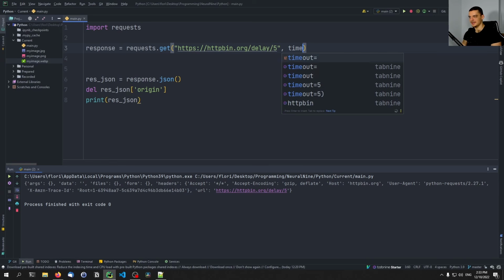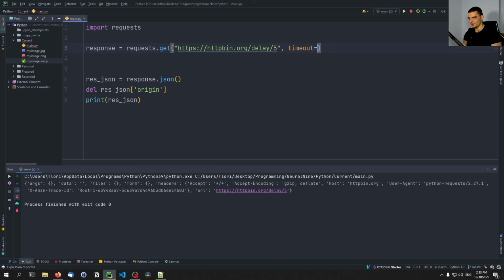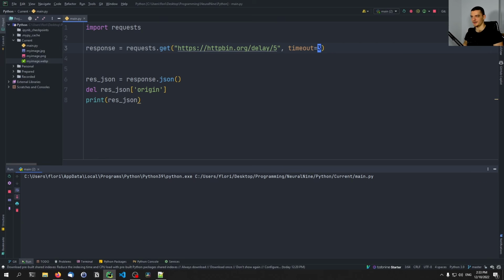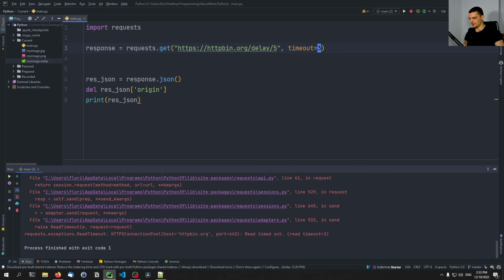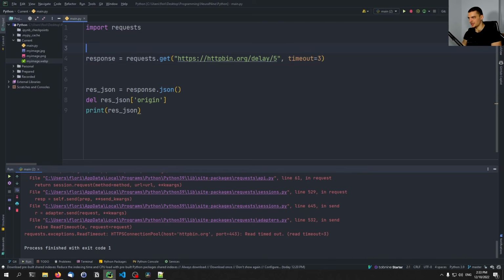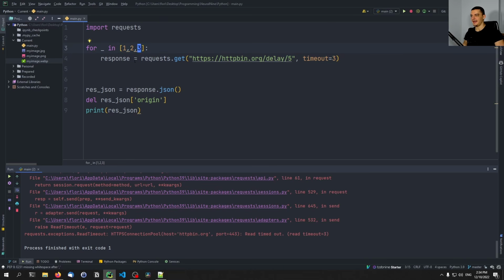What we can do is we can say timeout equals, and then I'm allowing for 3 seconds, but if it's longer than 3 seconds, just raise an exception and break. So you can see now we had a read timeout. We have this exception, and what we could do here is we could just say for whatever in some collection, 1, 2, 3, I don't know. So you have basically URLs or a proxy service that you're trying, and you would